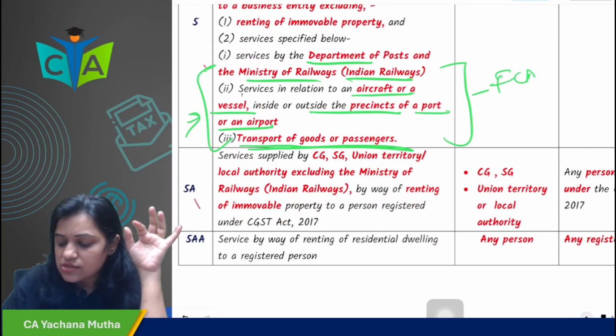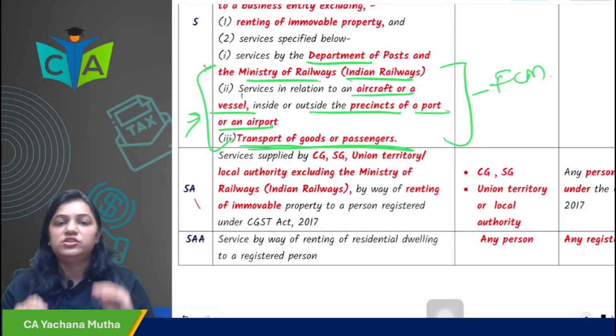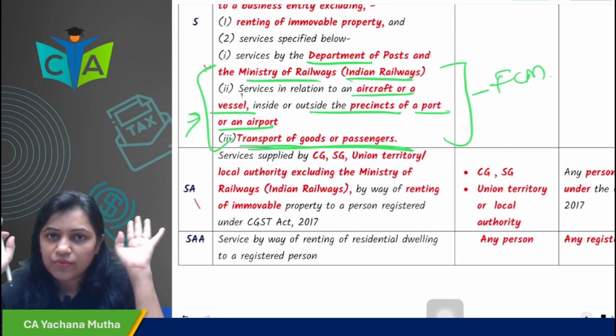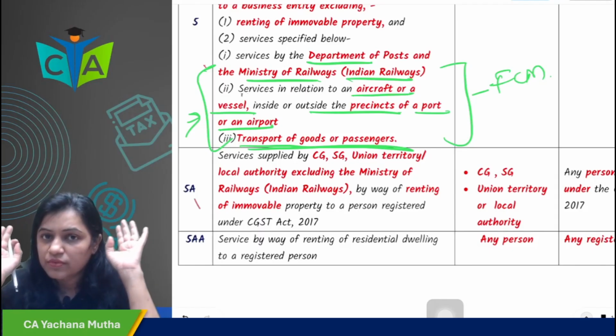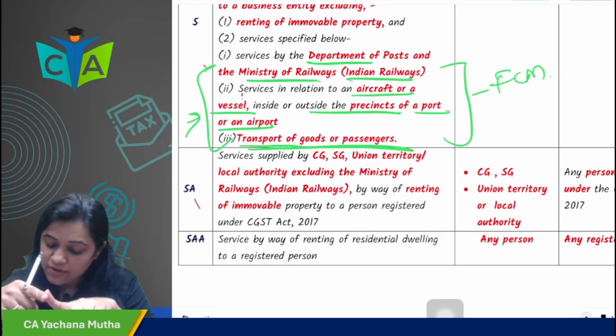These three services will always be chargeable to tax under forward charge. Department of Post, Ministry of Railways,